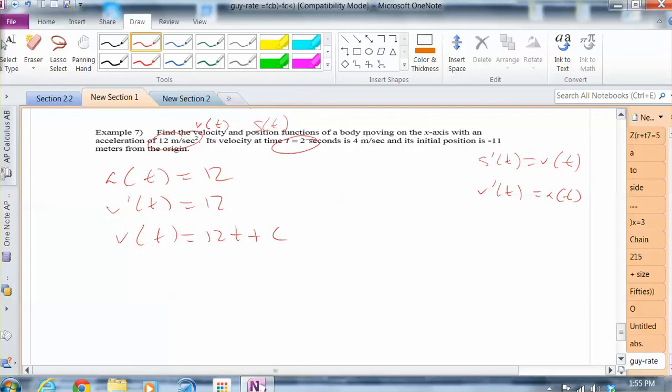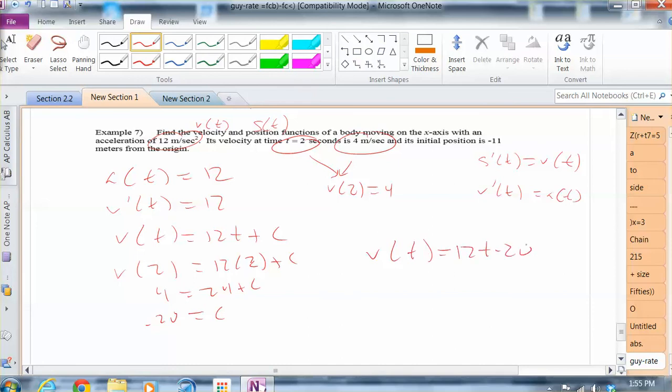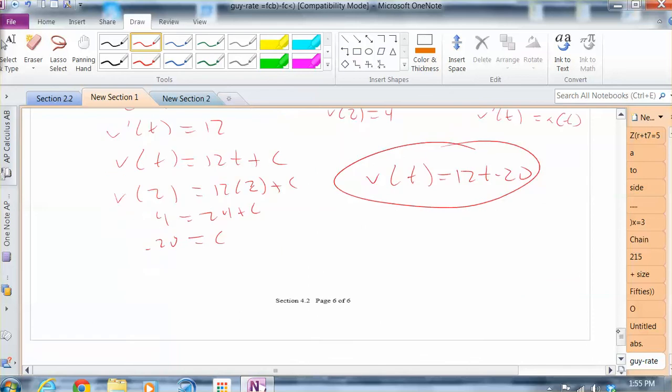Now they told us that at 2 seconds, the velocity is 4 meters per second. So that means that v of 2 equals 4. So if v of 2 equals 4, we could solve for the constant. Oops, sorry, I meant to put 2 in there. So 4 equals 24 plus c. C is negative 20. So my velocity function is 12t minus 20. And then if I just continue in the same manner,